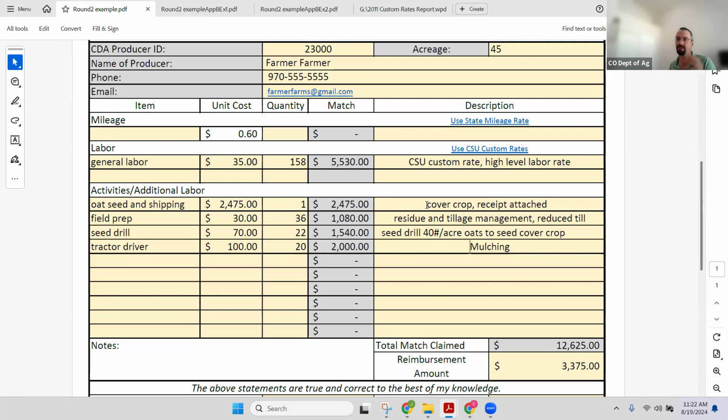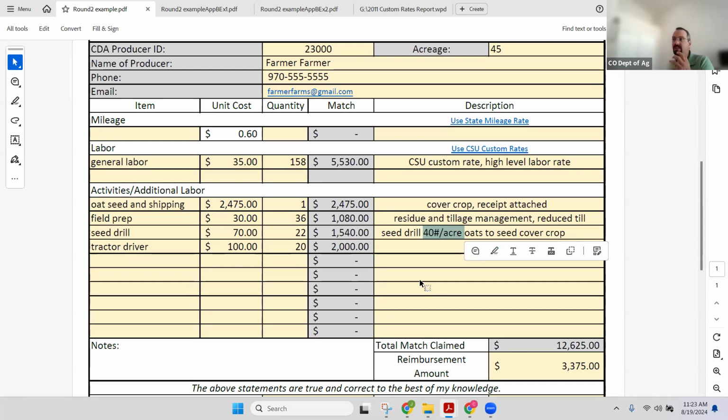And a lot of the seed companies are putting the seed sheet and the invoice all together. I'll take the one. That's just fine. If they're separate, that's fine too. But I also need to understand what the application rate was, 40 pounds per acre to plant the cover crop. Really simple. As long as it's all in here, it can be on the seed tag, but a lot of